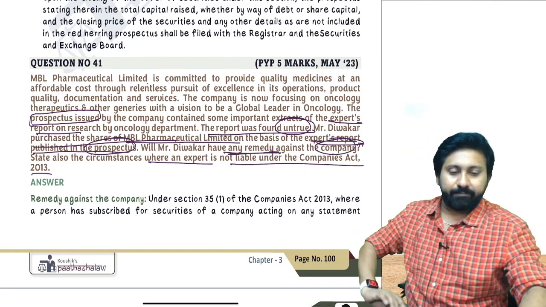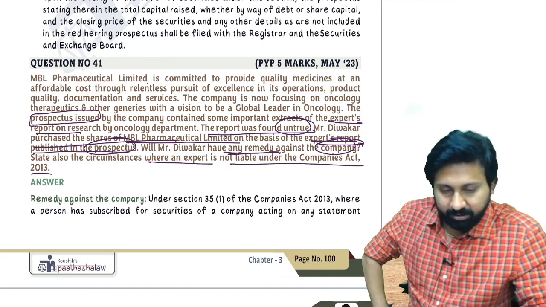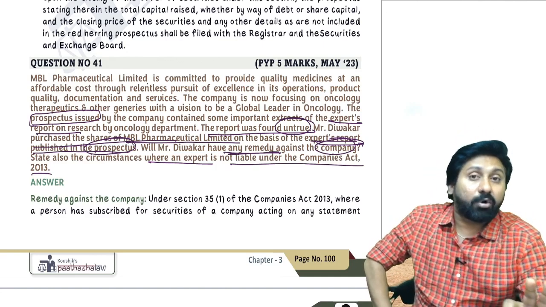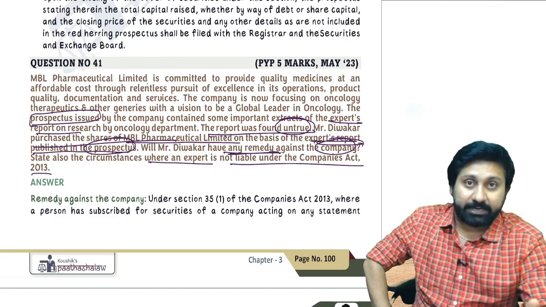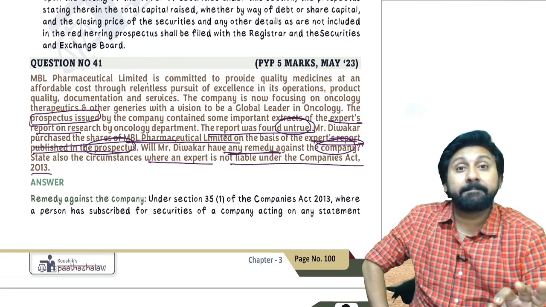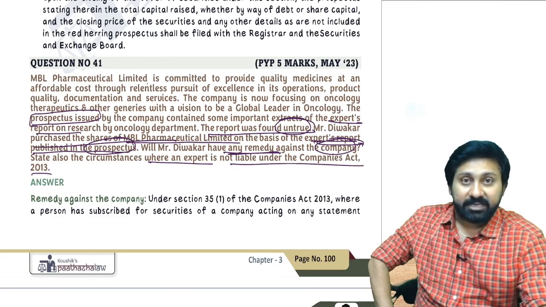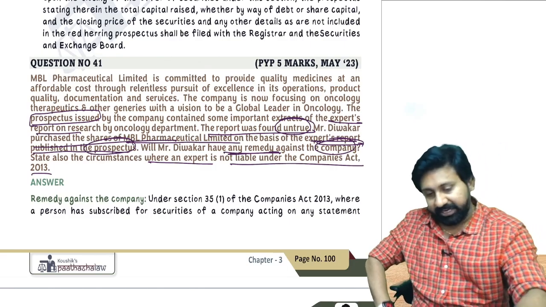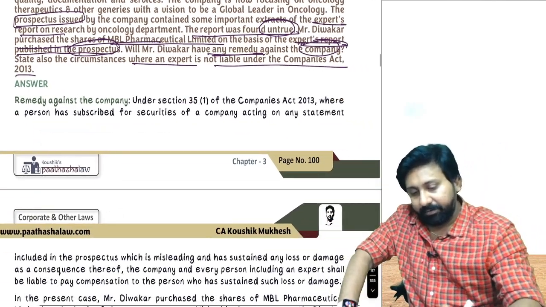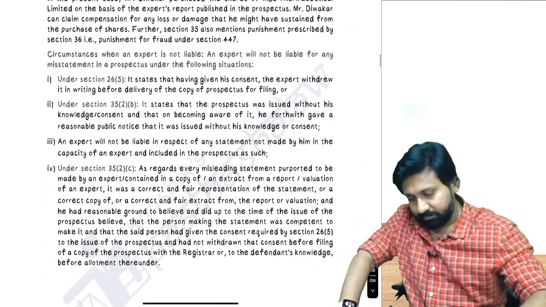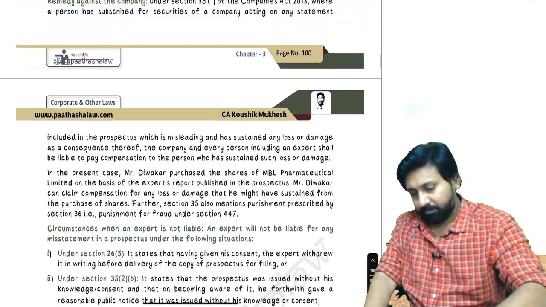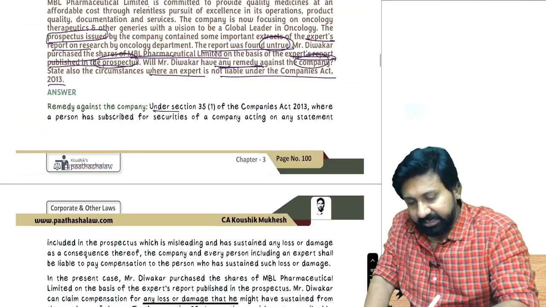First, listen carefully. Point number one. Whenever an expert statement or false statement is there, that's called a misstatement in prospectus. Which statement here? Misstatement in prospectus. It makes the prospectus invalid. So see here. Under section 35,